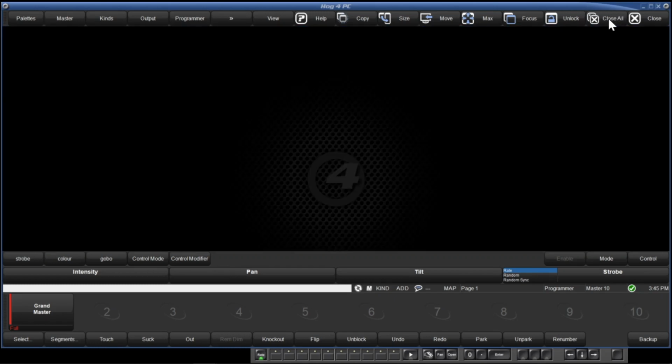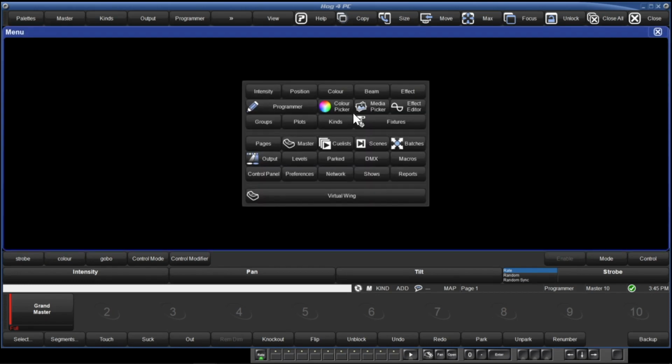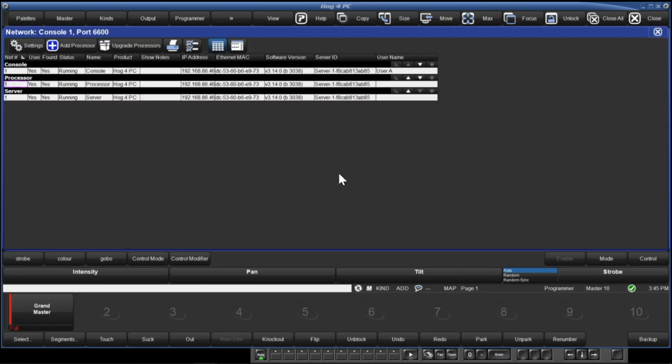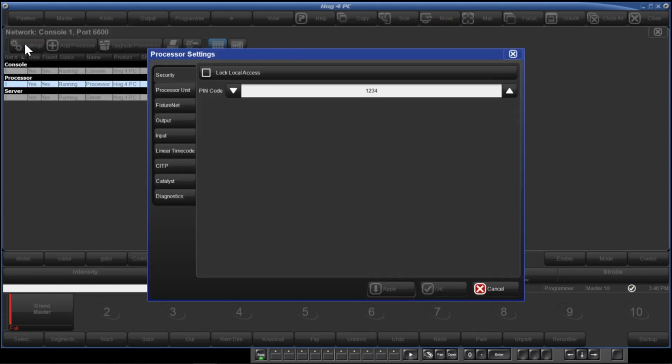So open the network window either by pressing Setup or Network, or by opening it directly by pressing on an empty part of the display and then pressing Network. Then select the processor you want to map to. The console is usually processor number 1. And then press Settings. Then we press the Output tab